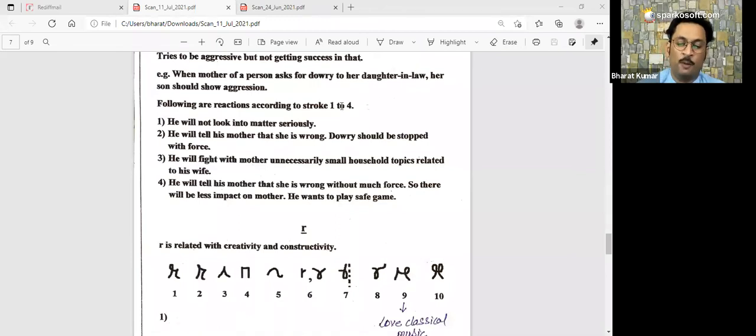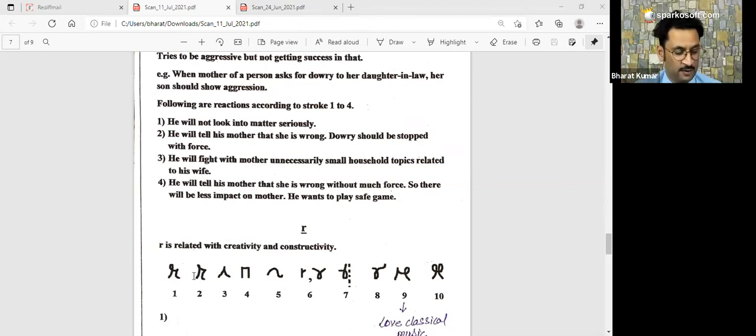Type 2 R, check it. Actually, these are the kind of people who were earlier skilled to use many kinds of tools, but these days they have left that work. How many of you agree? Oh, Sangeeta, you agree. So how many of you agree if you are using type 2? Earlier you were skilled to use many tools, but now you left that work. No one is there. Type 3 of R, is there anyone who is using type 3 of R? Generally retired people use type 2 R.